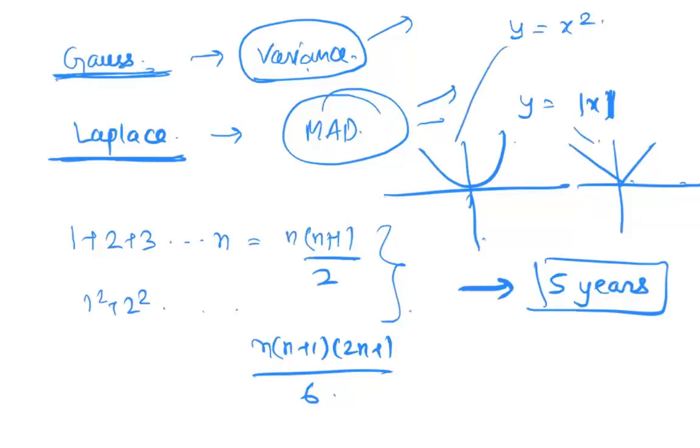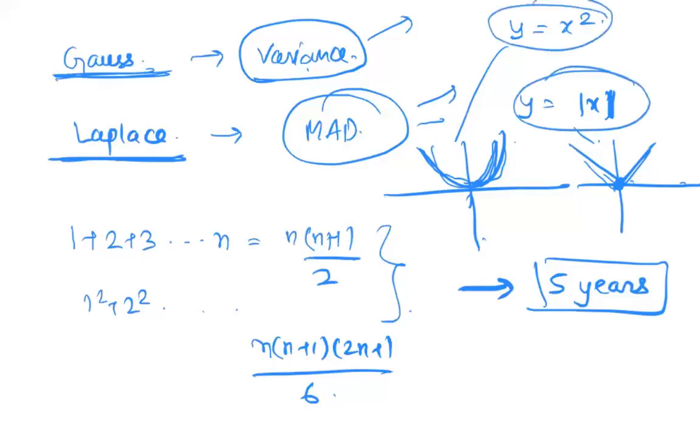Now this is a differentiable function, and differentiation was an important step because it was used for maxima and minima, to compute maximum and minimum values of a function, which was a very popular application, something that scientists consistently needed to do. Now this is a differentiable function all through. At every point y is equal to x square is differentiable. Unfortunately, y is equal to mod x is not differentiable at this point. Because of these sharp turns, it's not differentiable here. So because of a problem with differentiating, this function did not become as popular as this function. The squaring function became much more popular, and Gauss's idea became so popular. We keep using variance even now.